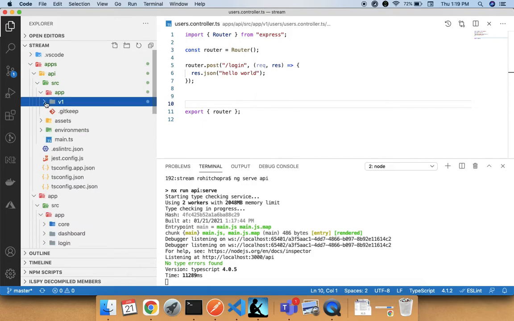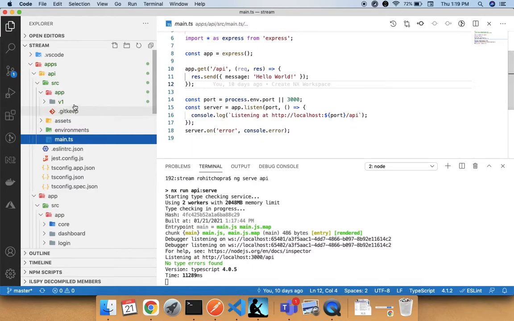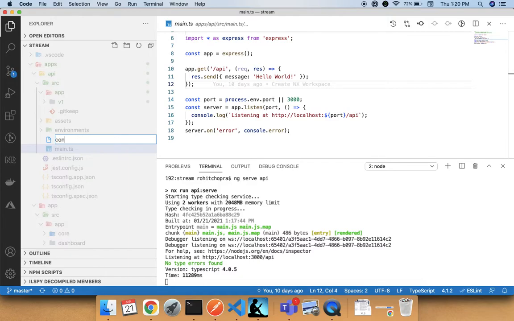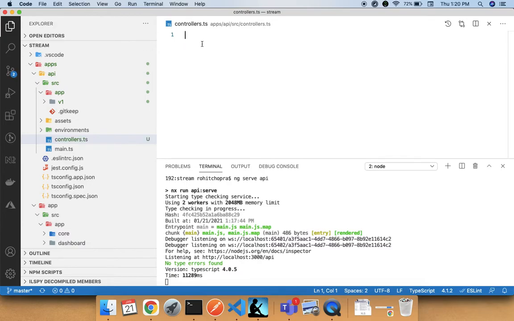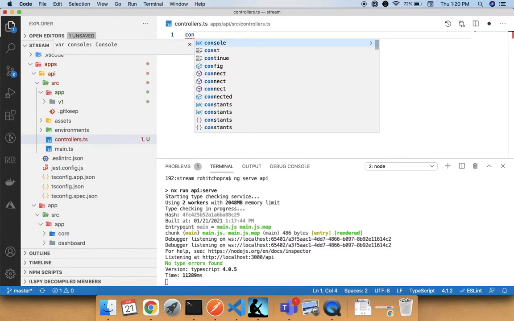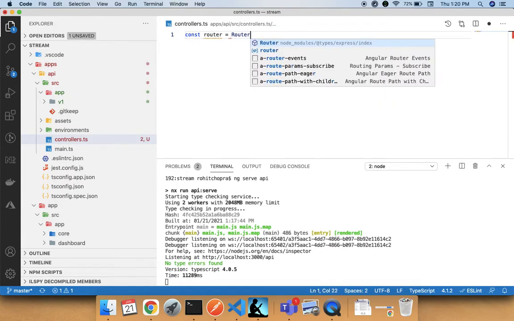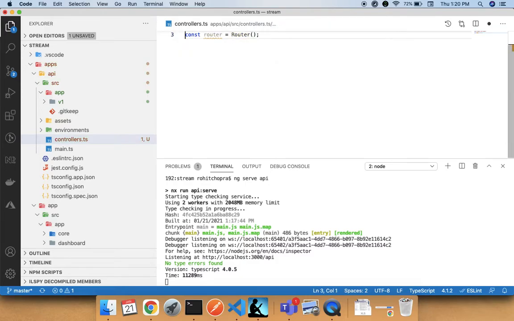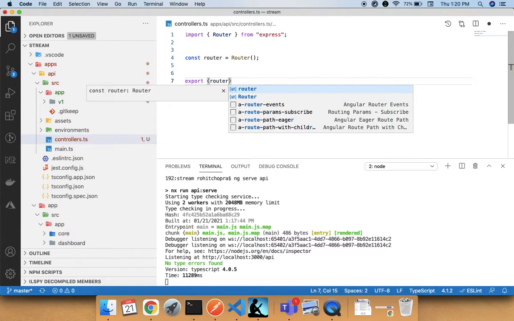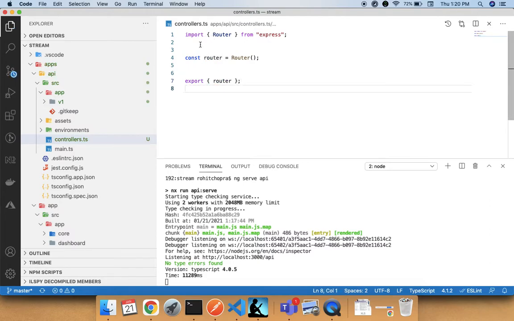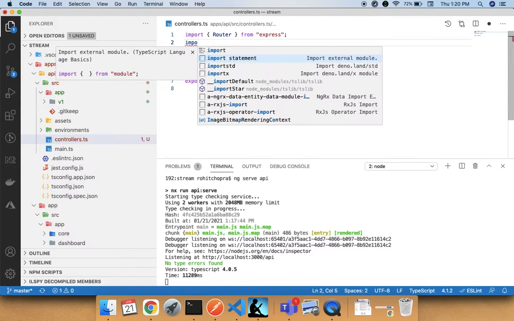All right. So now if I go to the main file, before the main file, I'll create another file called controllers.ts. So here again, I'll create a router. Okay, so it is imported, and I'll export this one also, right? Now I am going to import